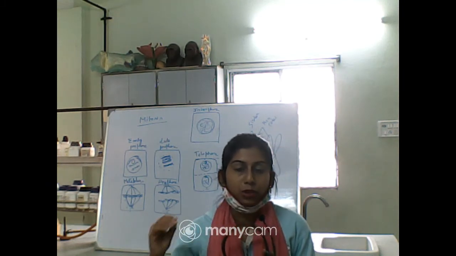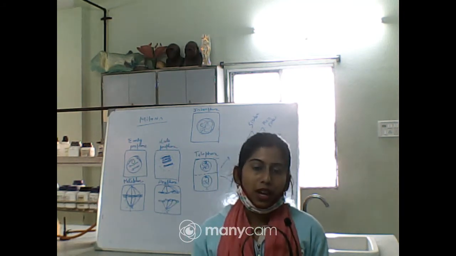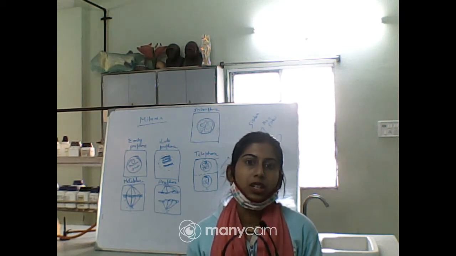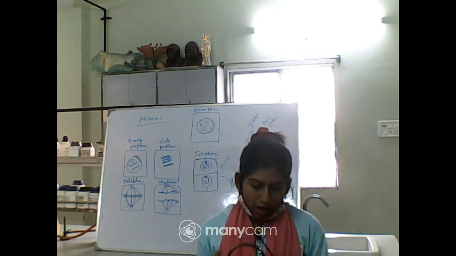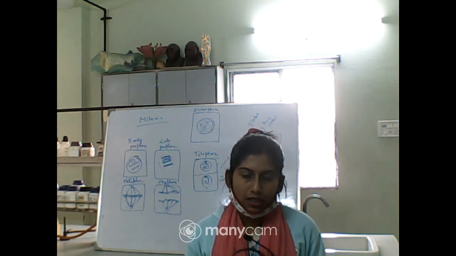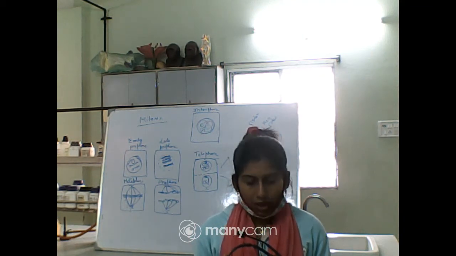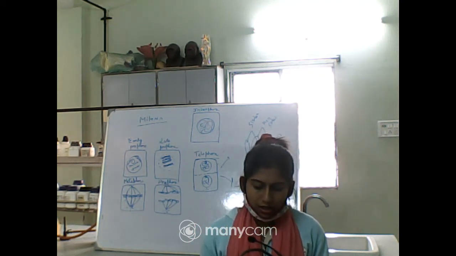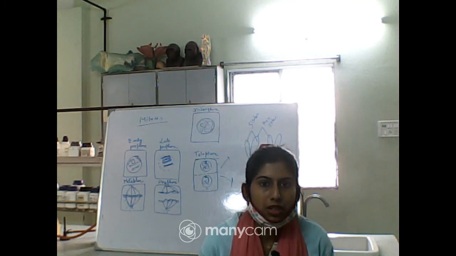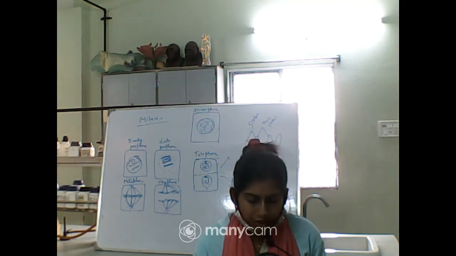So for that, you have to keep a clear idea about the different stages of mitosis. Before that, first you have to know what is mitosis, what is meiosis, what are the different types of cell division, and what are the different features of them. So as you know, all cells can be produced from the pre-existing cells by cell division, right? And a cell can divide in two ways. One is mitosis and another one is meiosis. Okay, so in body cells or autosomal or somatic cells, mitosis type of cell division can be found. But in the reproductive cells or germ cells, meiosis type of cell division can be found.